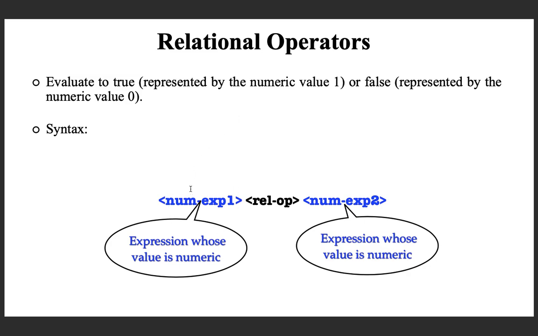The first operand is a numerical expression, that means an expression whose value evaluates to a number like 4 or 5. There are 3 things here. First is an operand which is a numeric value, and the last one is again a numeric value. You can have an expression which evaluates to a numeric value, and then they are combined using any of these operators, and then the value of the whole expression will be either true or false.